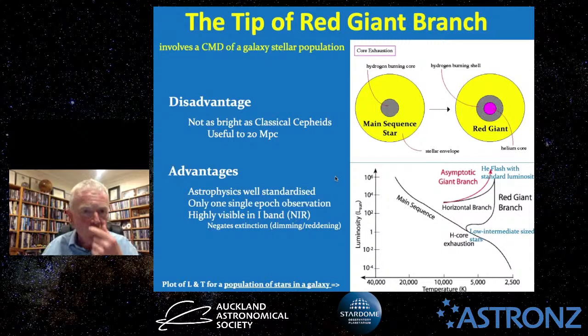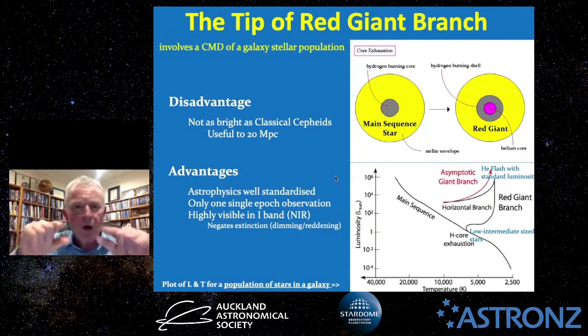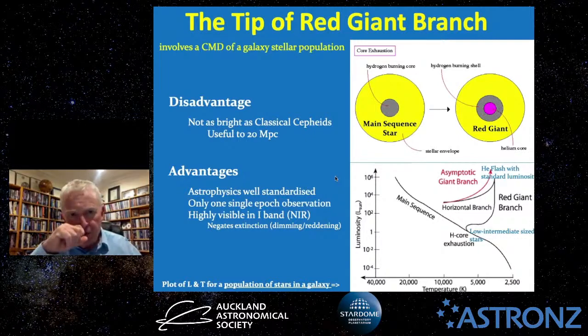Now, here's an interesting one, so keep this one in mind for later on in the talk. The tip of the red giant branch. Now, this is not observing just one object or anything like that. It involves looking at a whole population of stars within a galaxy, or sometimes a cluster, and you do what